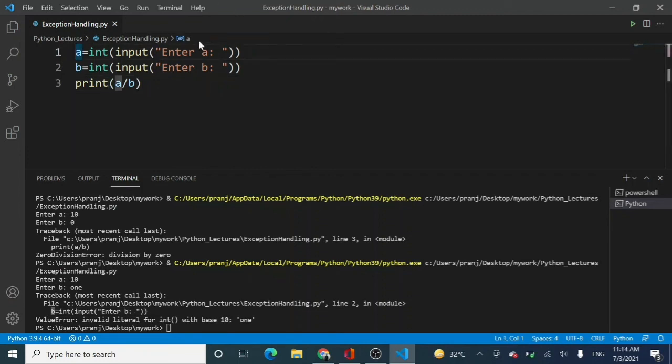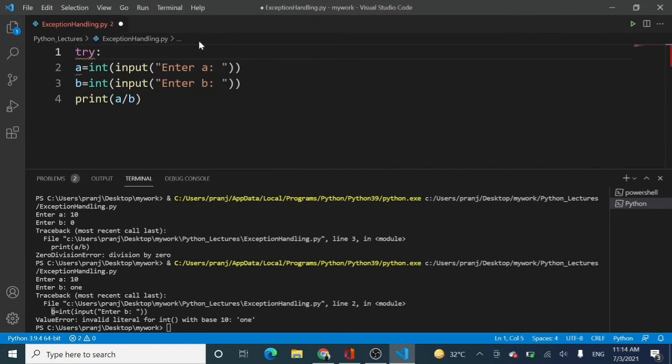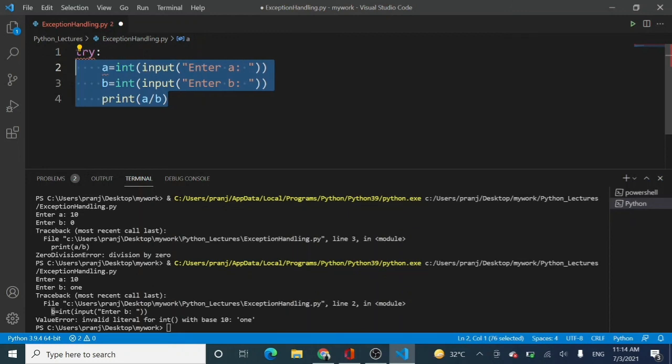As a programmer, we have identified that these three statements are critical, so we place them inside the try block, and because it is inside the block, there should be a tab for the indentation.